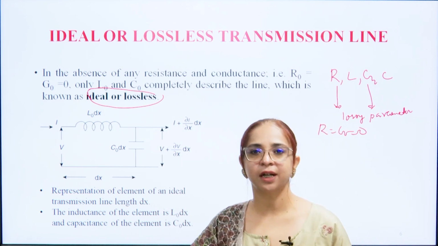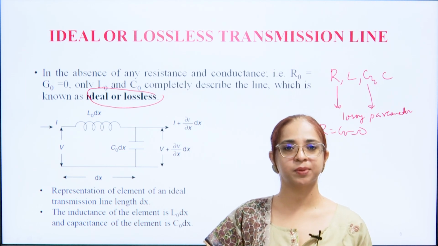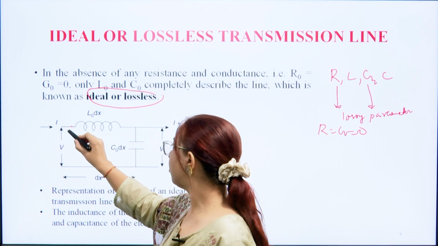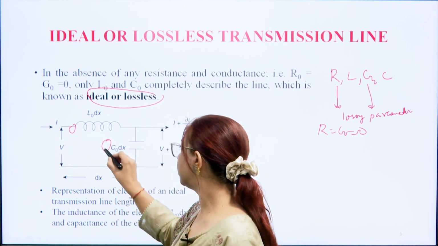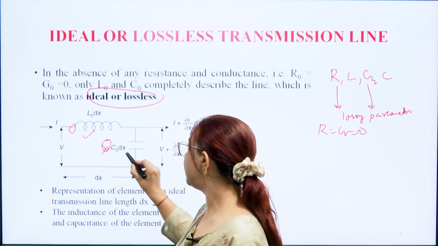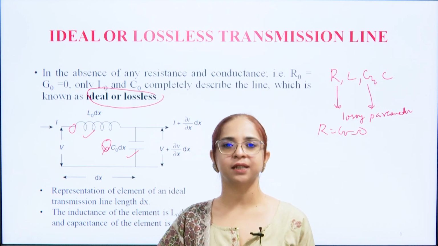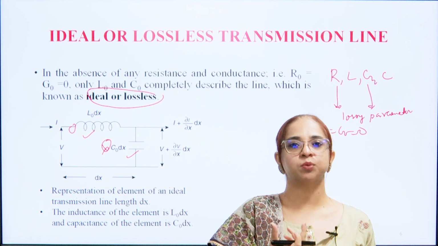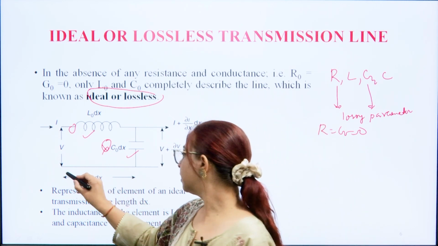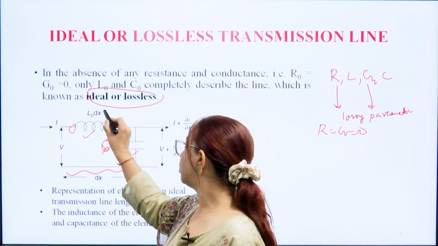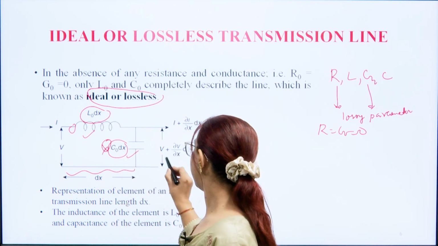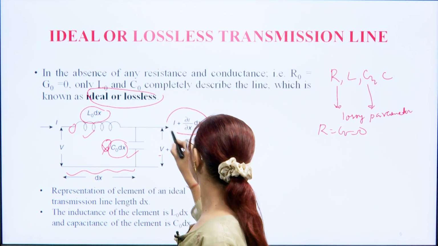So what will be the transmission line diagram? What we have just represented is modified into what? Here see, we do not have now R, here also we do not have any G. What only remains is the combination of inductance and capacitances. Again here we are showing that we have travelled a small distance dx. So the inductance is going to be L into dx and capacitance is going to be C into dx, and the travelled value is